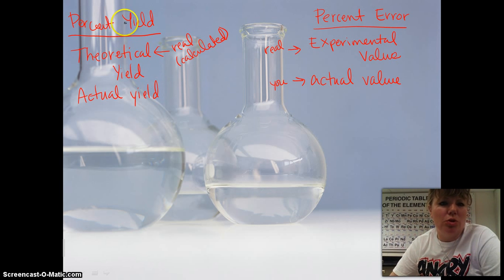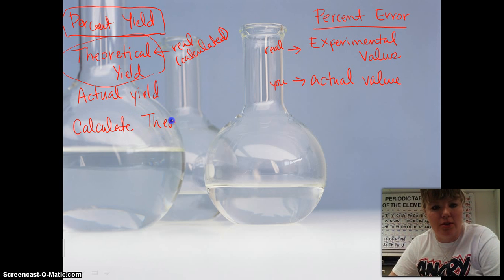Okay, so the actual calculation of percent yield really isn't that difficult, but what is a little more challenging is this calculation of the theoretical yield. Instead of just giving it to you like we did in Chapter 2, now you're going to have to calculate it using stoichiometry. Okay, so I'm first going to do a problem of how to calculate theoretical yield. Okay, so this is on page 374 in your book, and I'm just going to do the example problem